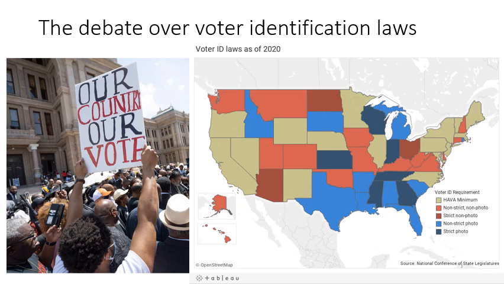So, 3 common anti-voter ID arguments you hear: that they target minorities, that they are a burden for many voters because it takes expense and time to acquire the sufficient ID to vote. And then the third argument that is often made is that in-person voter fraud, which is what the voter ID laws are meant to prevent, is so rare that voter ID laws just aren't really necessary. It's not really a problem to begin with, so you don't need this kind of a solution.